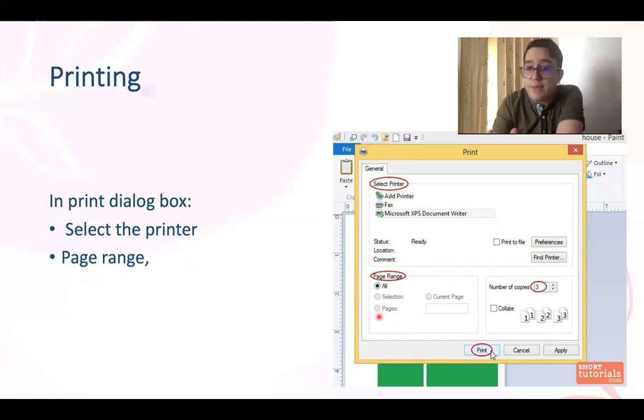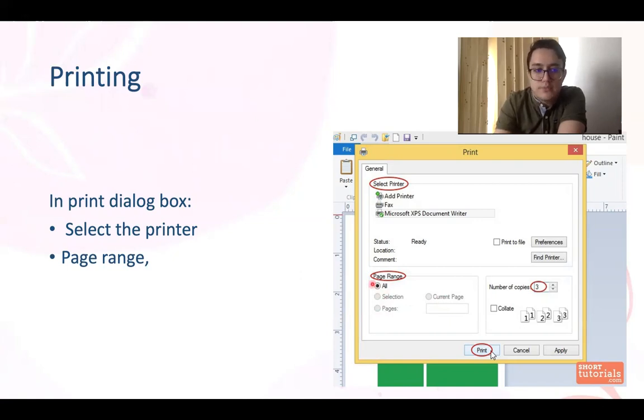Maybe you have 10 pages, you just need page 6 to 8. So you will give 6, dash, 8, all right? So 6 to 9 or 6 to 8, 5 to 6, for example, or just the current page or all